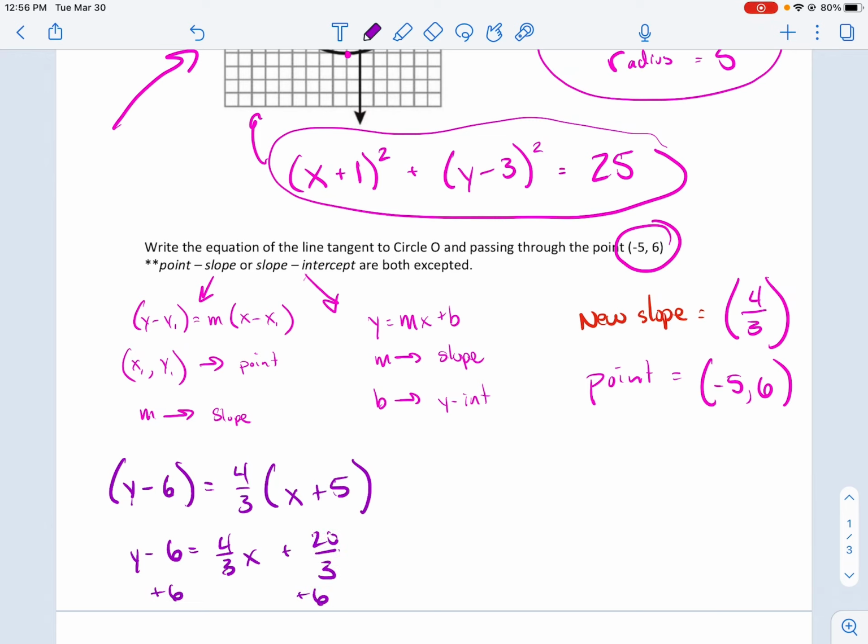Add 6 to both sides, and so y is equal to 4/3 x plus, because I'm feeling lazy, 20 divided by 3 plus 6, which would be 38 over 3,